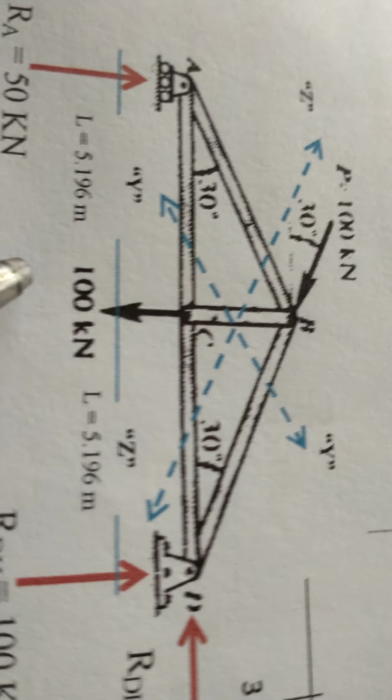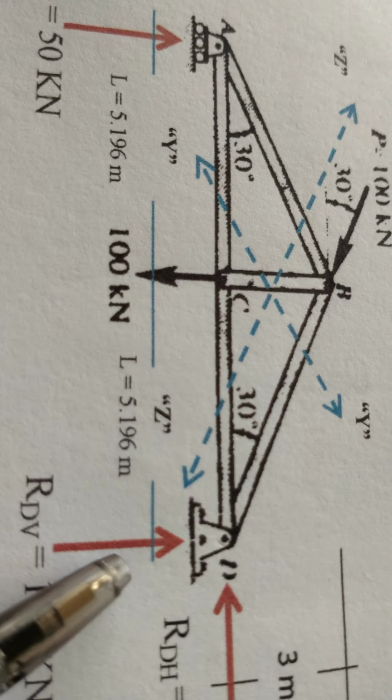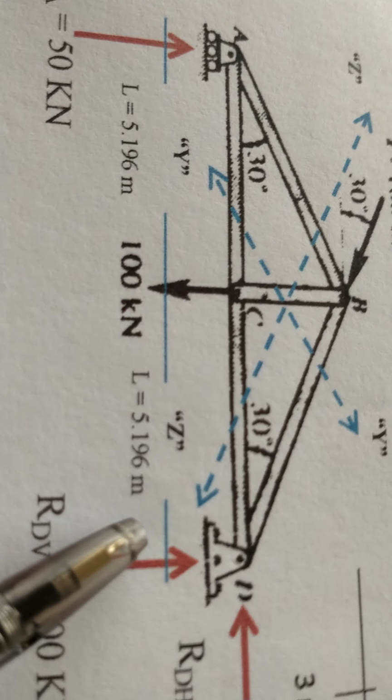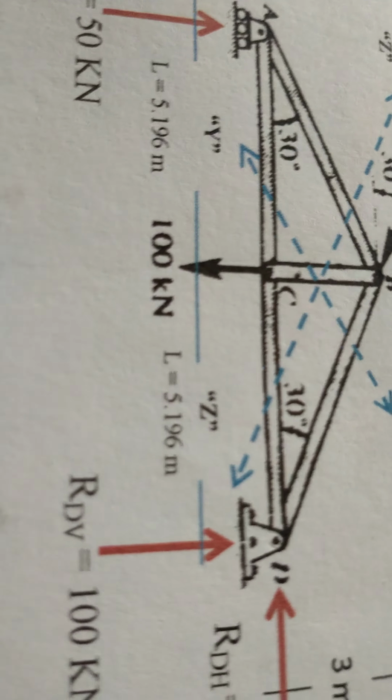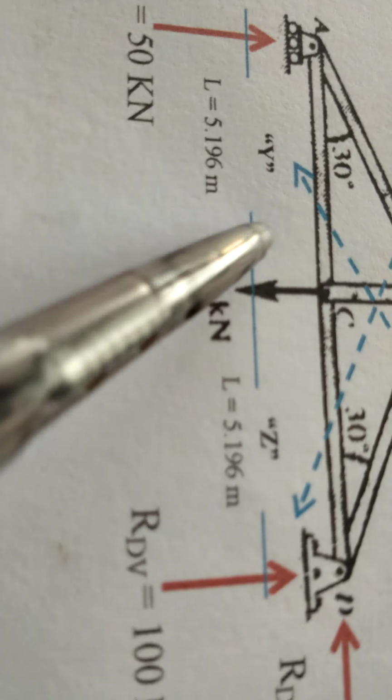Then we have 100, which is the given force, times the moment arm, which is 5.196, and it is negative because it will be acting counterclockwise. Okay, so computing this value,